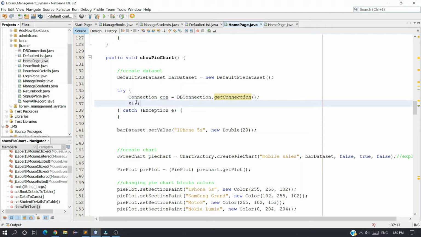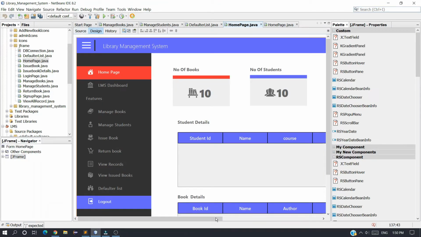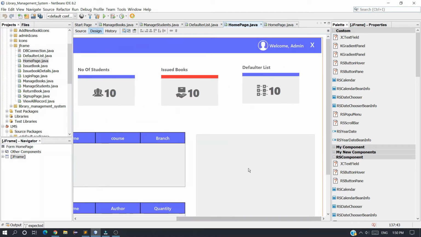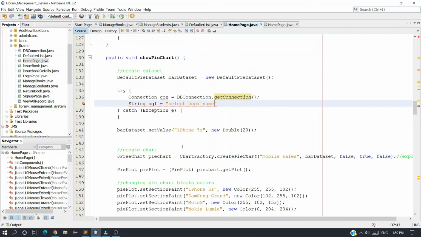Now create the query. So I'm gonna create query string SQL, and the query should be select book name. What we want to do, we want to display the book name and the issue count related to that book. Suppose the book name is Java, so how many number of times the book has been issued, we are going to display that on the pie chart. So select book_name, comma, count star as issue_count,